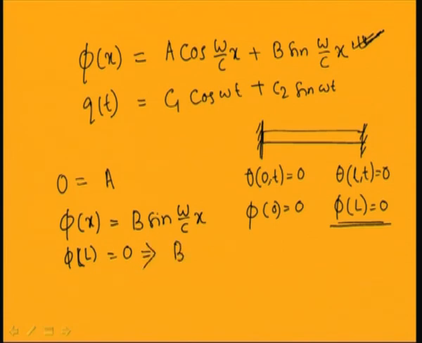you can write b sin omega by c L equal to 0. So this implies, as I told in the previous cases, b sin omega L by c equal to 0. Now b cannot be equal to 0, because when b equal to 0, this will lead to the trivial solution of the system. So, in this case of the rod,